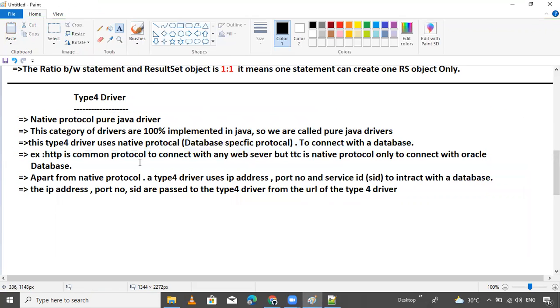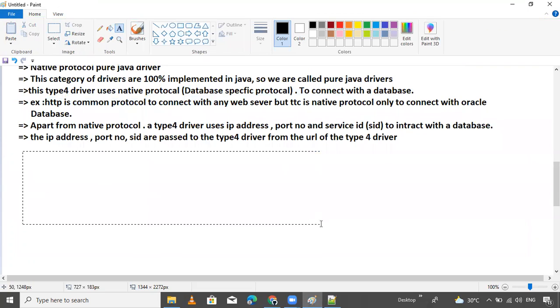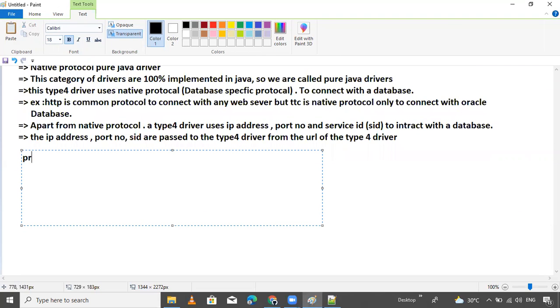Okay. So now some advantages. Advantages are also called pros and cons. What is the advantage? This is important.